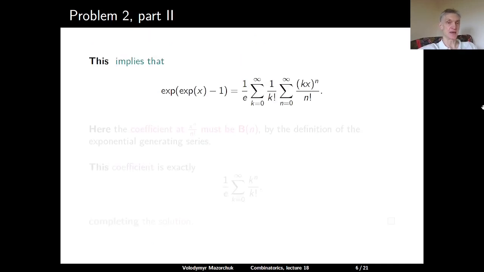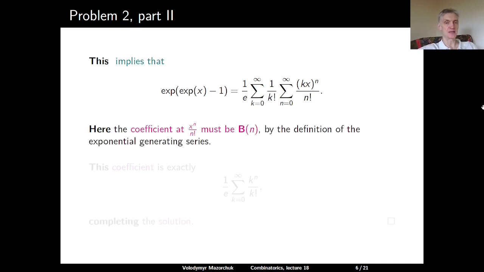So this means that the exponent of x minus 1, so our generating function, equals 1 divided by e, sum over all k, 1 divided by k factorial, then sum over all n, k x to the power n divided by n factorial. And the Bell number b of n here is the coefficient at x to the power n divided by n factorial. And if we change the order of the summation, we can read off that